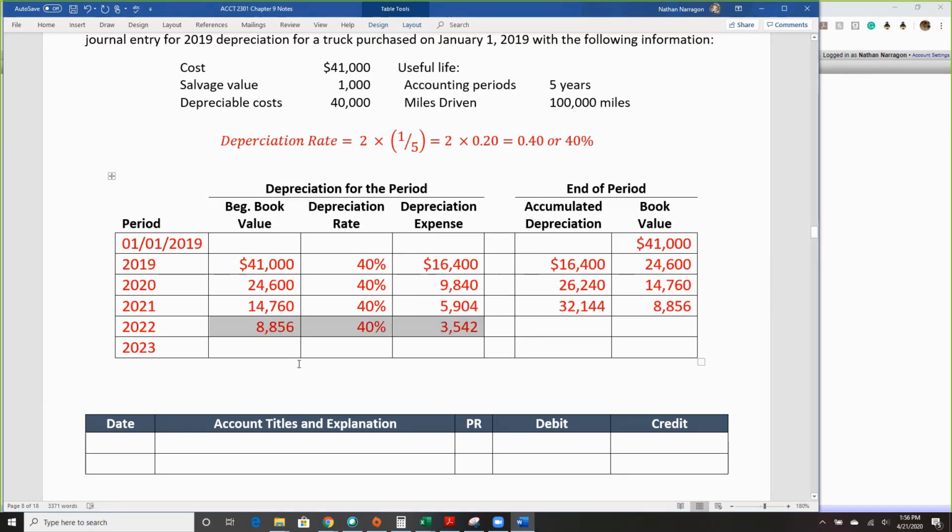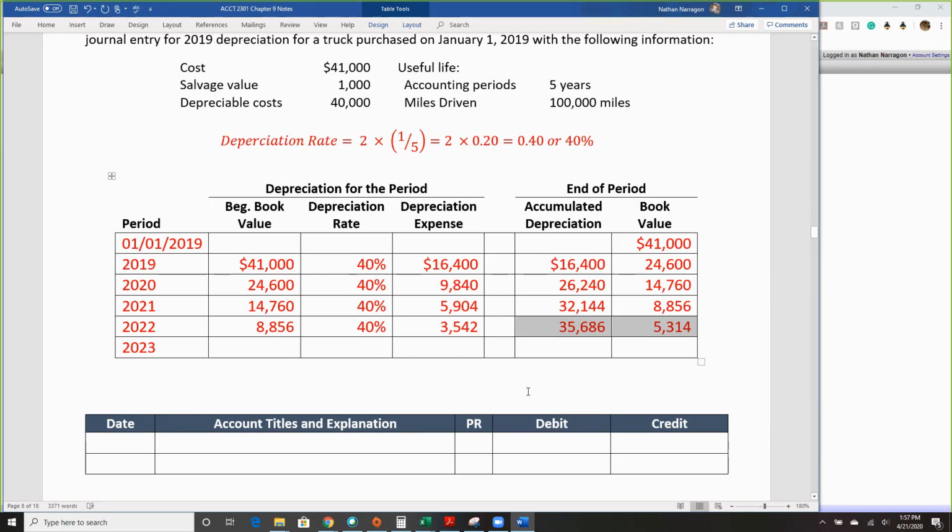Year 4, again, the thing is going. So taking the beginning, so prior book value times 40%, comes up to our depreciation expense, and then so forth. Now, year 5, anytime we reach the end of last year,